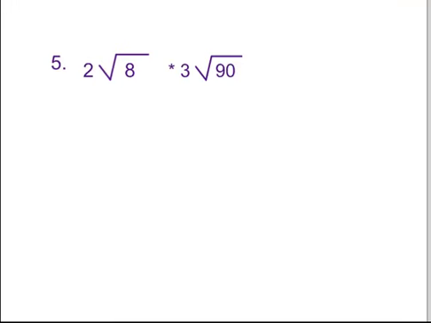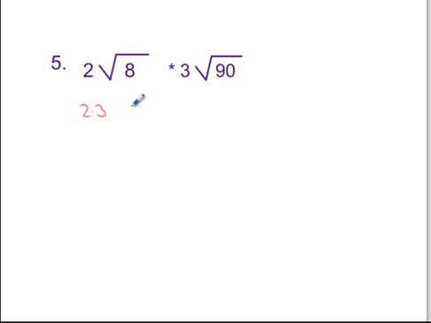And I think we got one more, and then we are going to call it quits on this video. We're just going to do rule number 1 on this video, and then on the second video we'll do rule number 2 and then go a little bit further with it. Okay, so in this one I've got two numbers that are outside the radical, and two numbers that are inside the radical. The 2 will end up multiplying the 3, but I'm going to wait on that because